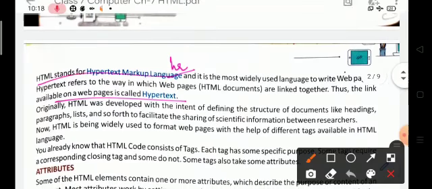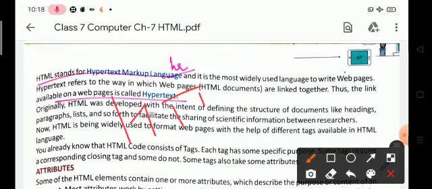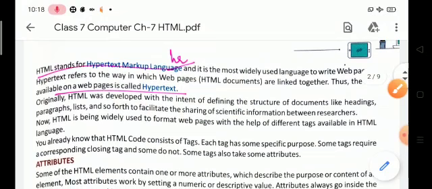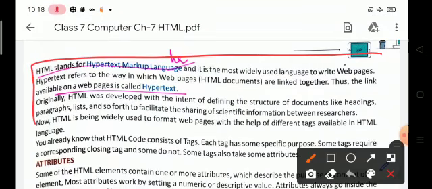And my first topic is HTML. HTML stands for hypertext markup language, and it is used to create web pages.